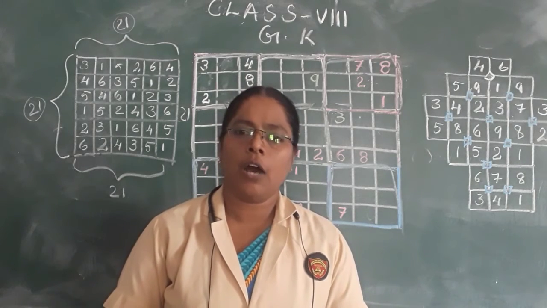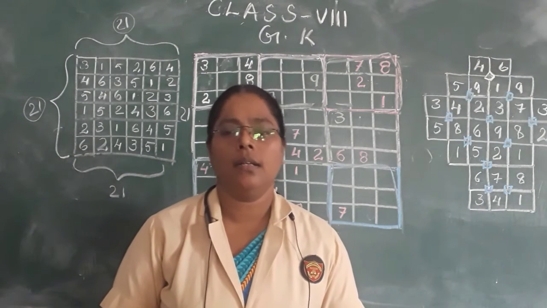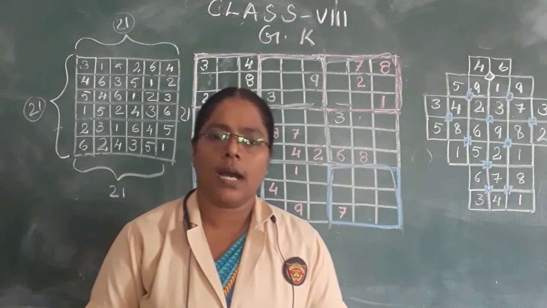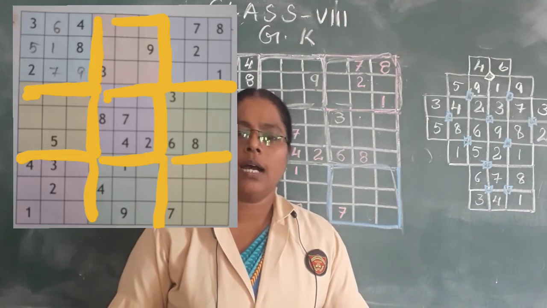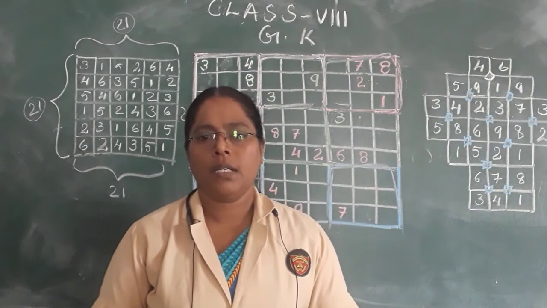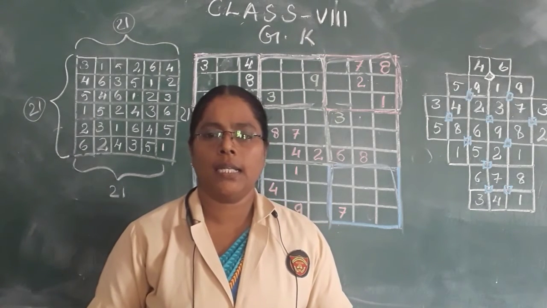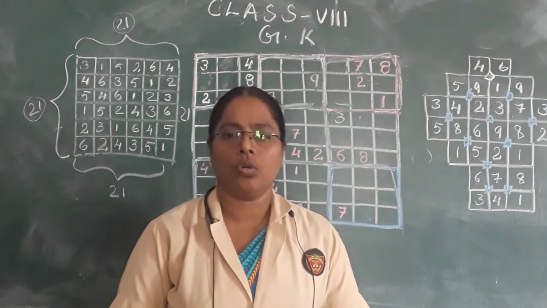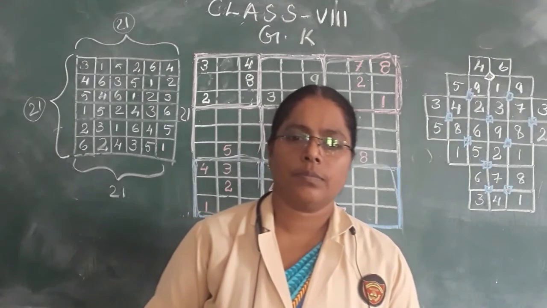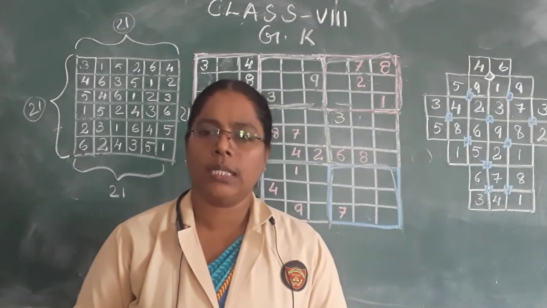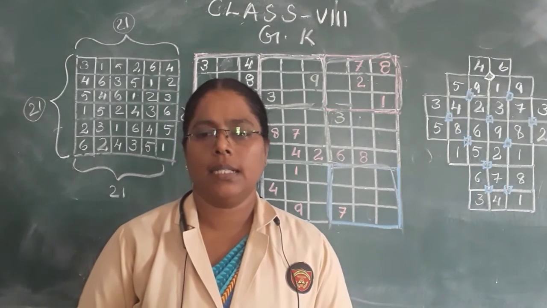Now let's see how the basics are. There are 9 blocks in total. This is 1 block and thus 9. Thus 9 will go down and 9. Numbers from 1 to 9 can be used. Do not repeat anything in a block or row. Do not write the same number twice, and do not repeat anything on the line or anything like that.